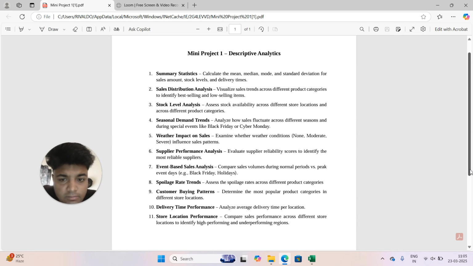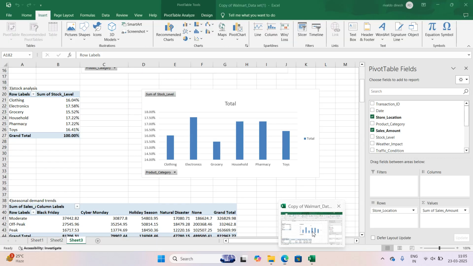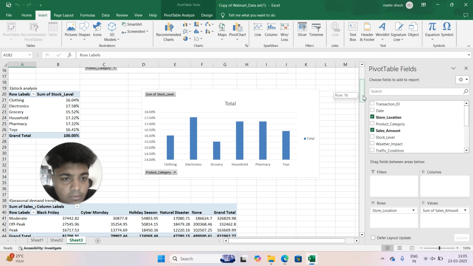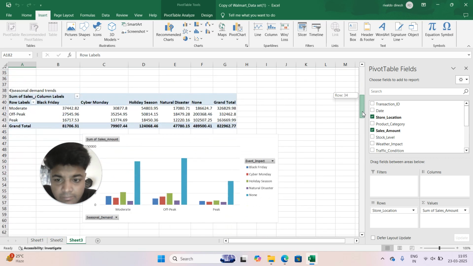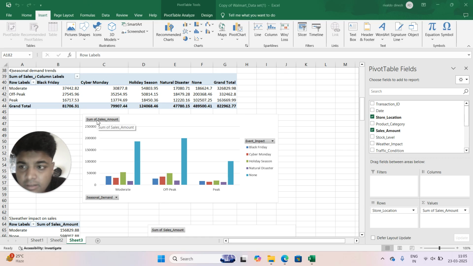seasonal demand trends. What they're asking is to analyze how sales fluctuate across different seasons and during special events like Black Friday or Cyber Monday. Okay, so again, the first step is still the same. You just have to go to the first sheet, click the whole thing, insert, pivot chart, new worksheet. So here what you do is